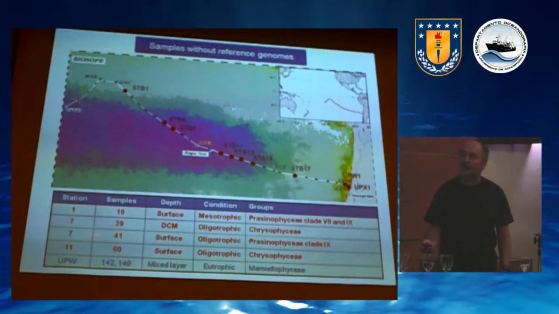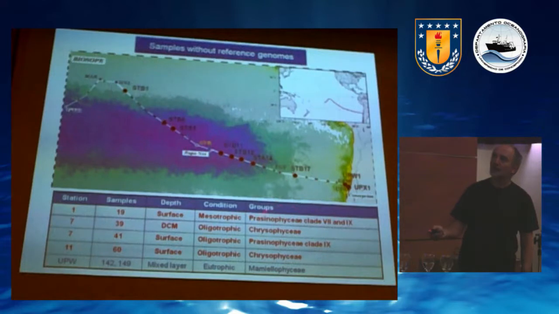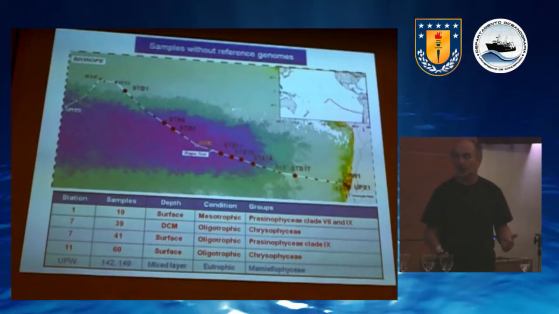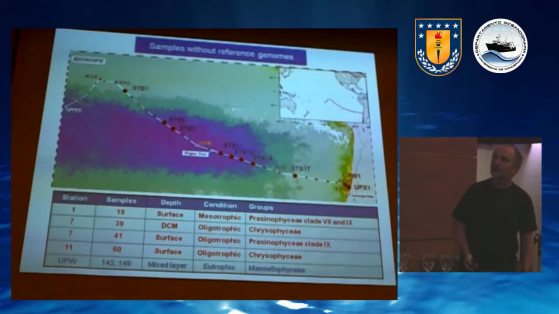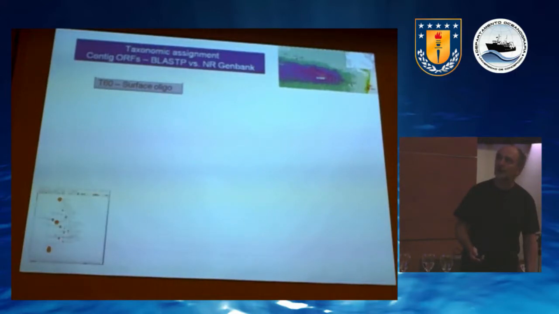near the equator, where we know from clone libraries that we have uncultured groups, like this Chrysophyceae, for example. I told you that we have many species of Chrysophyceae in culture, but they are all from freshwater, virtually none from marine waters. So we went for these, and then we do the same thing. I mean, again, we try to match